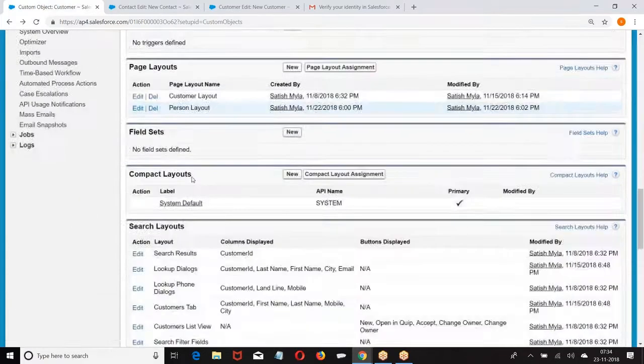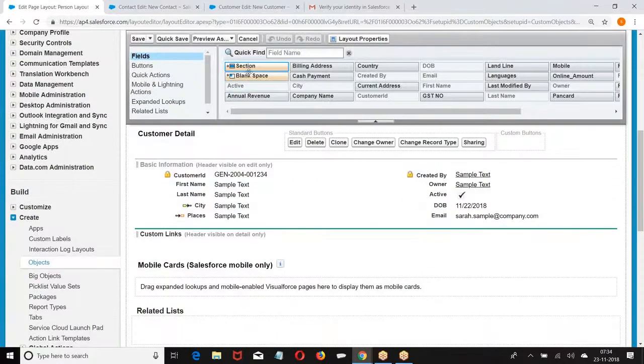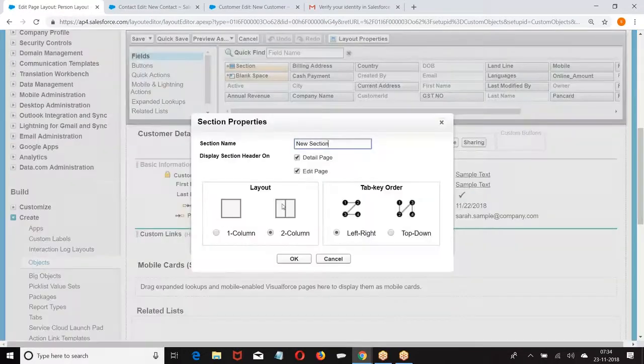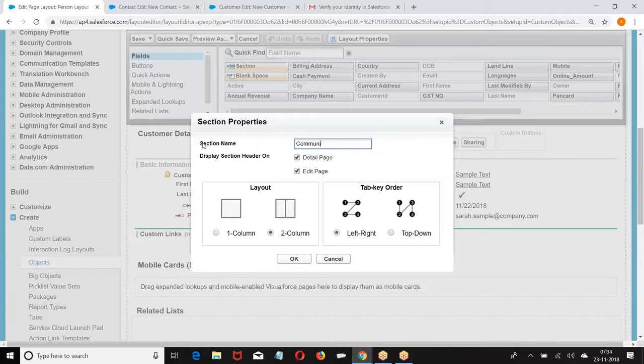Now, let me modify again. Go to the person layout. Add one more section. Communication details. Where do you want to display it? On the edit page.